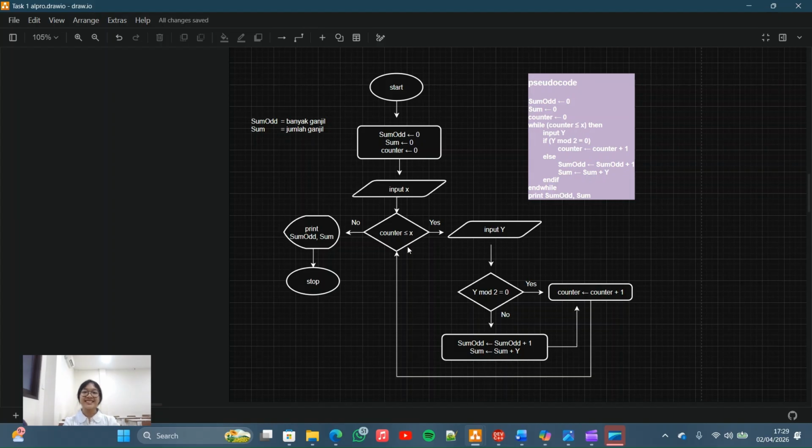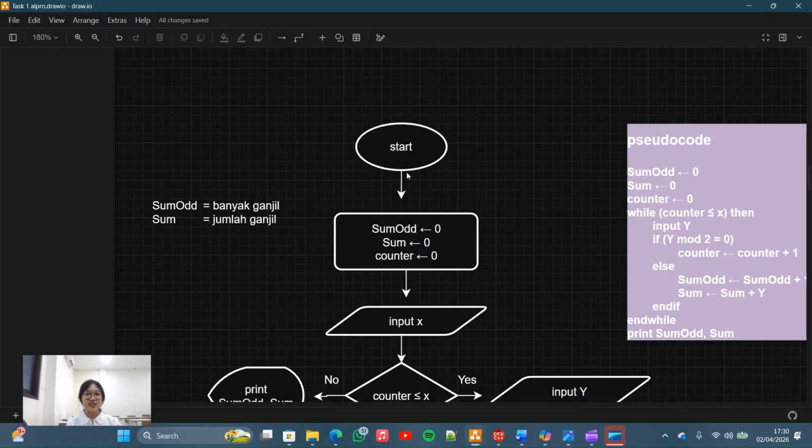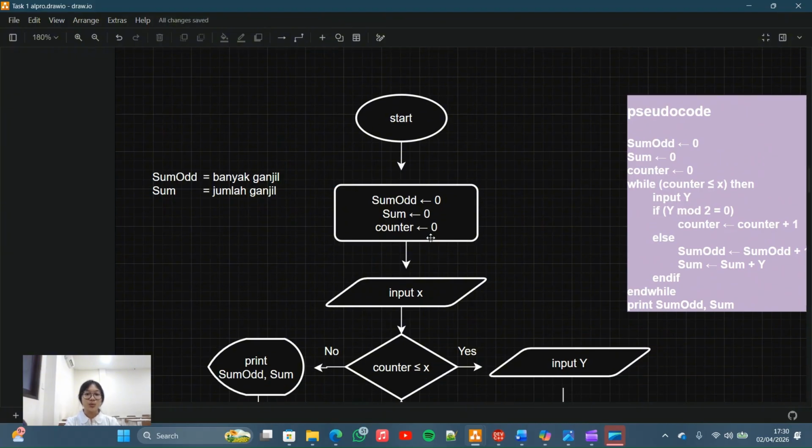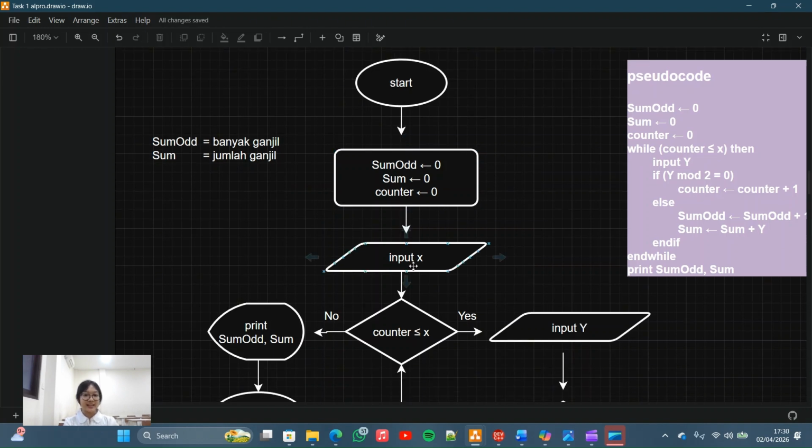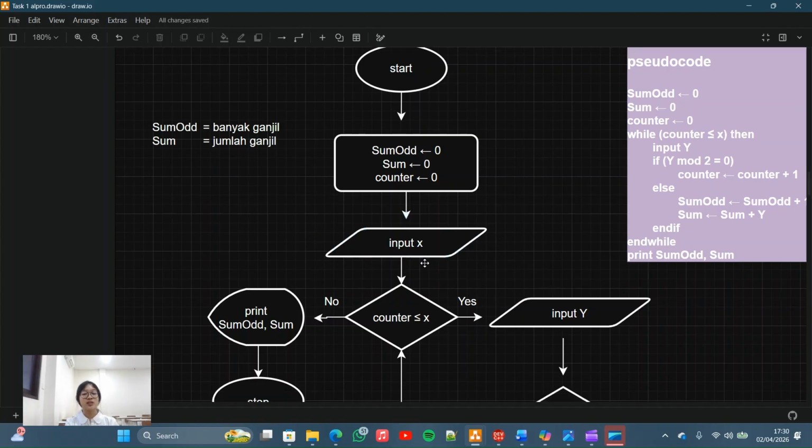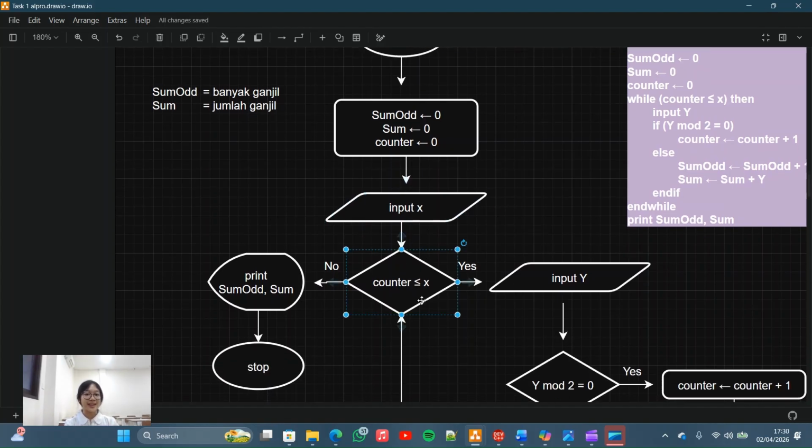So this is the flowchart for problem number 6. First, we start the flowchart and then initialize: store 0 to sum odd, 0 to sum, and 0 to counter. And ask the user to input a number, we name it x.